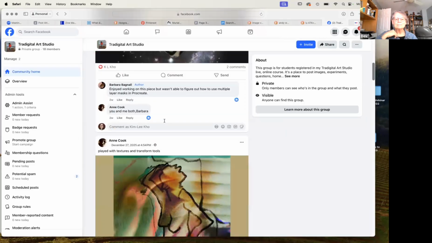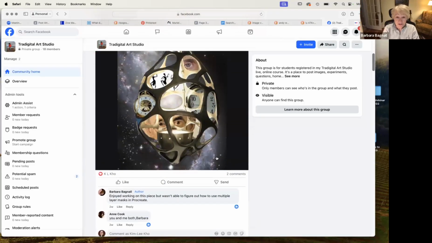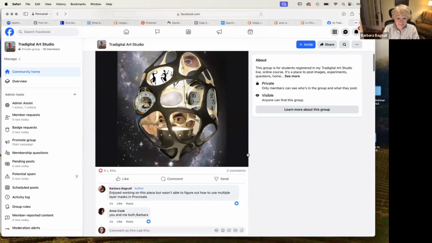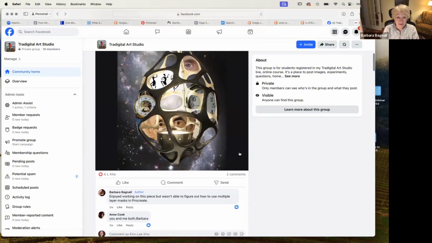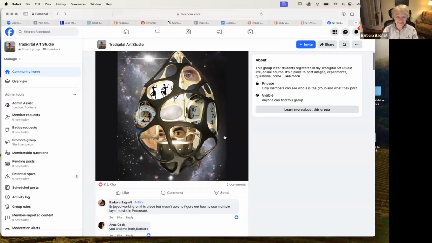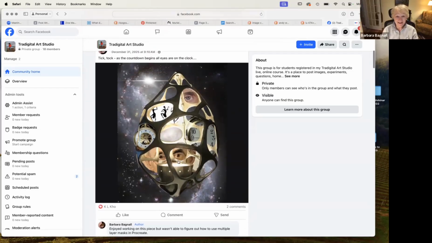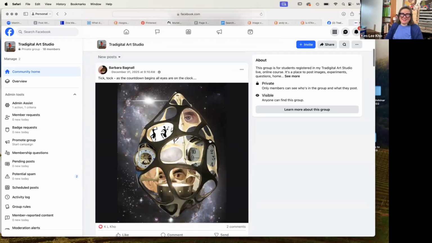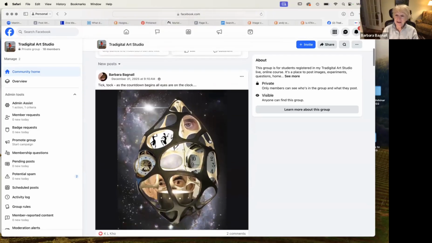The eyes at the bottom, Whistler's mother. That's the man in Whistler's mother. I thought I recognized the face. I didn't know where from, but I knew I'd seen the face before. And the lovely little dancing figures are cool. And the eye at the top